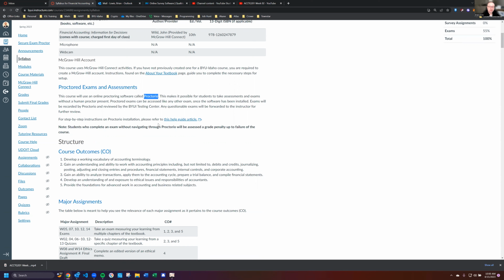You do need a computer for this class. A phone will not suffice. So please make sure that you are working off a computer that you have access to on a regular basis, and that you have a stable internet and electrical capability. That may sound strange to say, but you need a stable internet connection for Proctorio for sure.